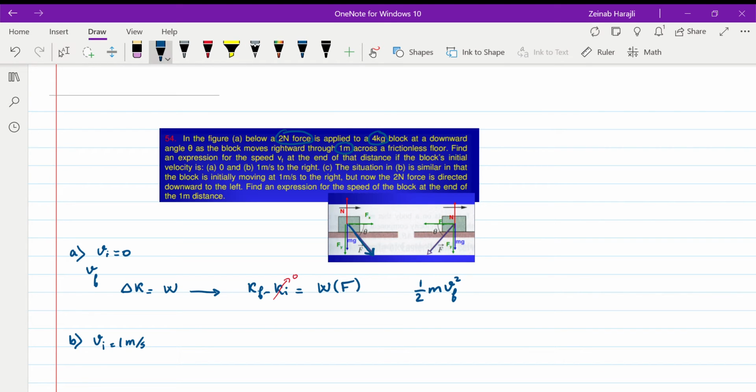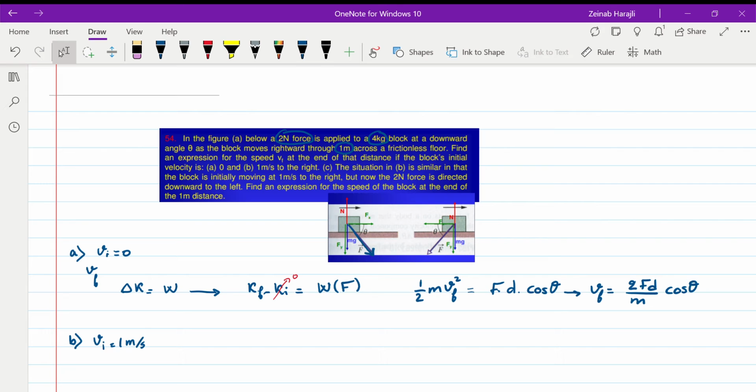And the work done by the applied force is equal to the force itself times the distance times cosine theta, where theta is the angle that the force makes with the horizontal, because this is the direction of the displacement. So if we rearrange this to get an expression for the speed, we will get 2 fd over m times